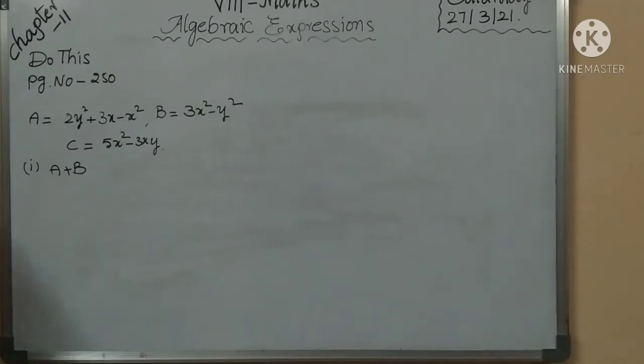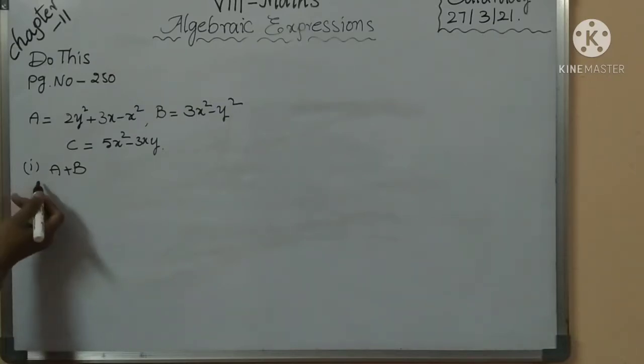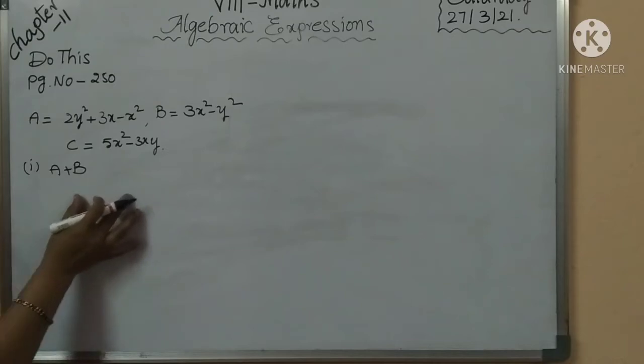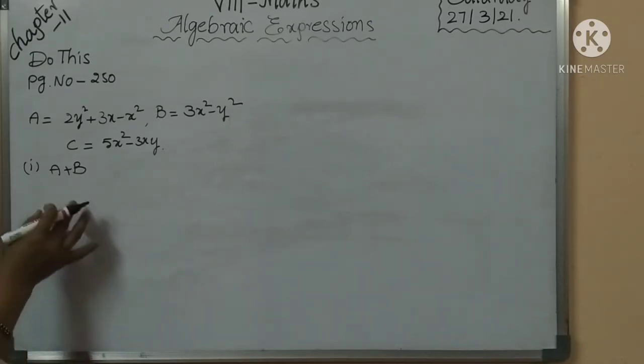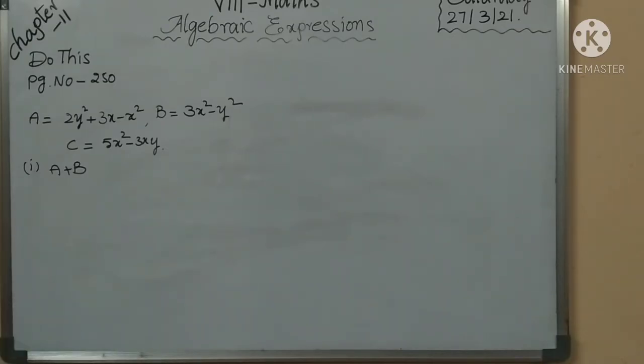Children, already we learned this type of method in the previous class, 7th class also: a plus b, a minus b, b plus c, b minus c, a plus b plus c, like that, adding all terms. Here, observe that I explain the first problem, a plus b. The remaining 3 problems, do as homework. There are 2 methods: one by a column, and the 2 column method, a vertical line, to do the addition or subtraction.